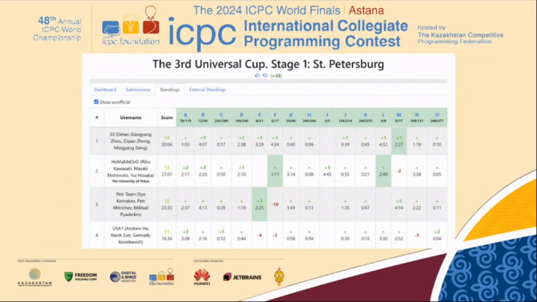So here you can see, I hope you can see, that the team of me, Andrey, and Kevin was trying to solve 3 problems in the last hour, and we couldn't solve any of them. And we lost by 3 problems. We knew that we would need to solve about 3 because we were behind, but in the end, we didn't get any of them. What else could have happened? We could have just gone for 2 or maybe even 1, and then we would maybe have gotten it. So we would have had a better result in the end, right? But we wouldn't have had a chance to win, I guess.